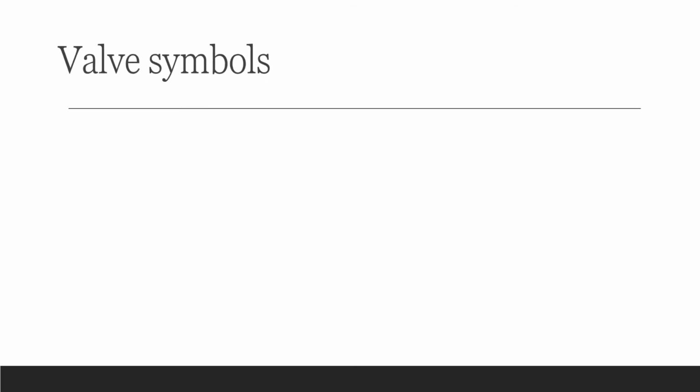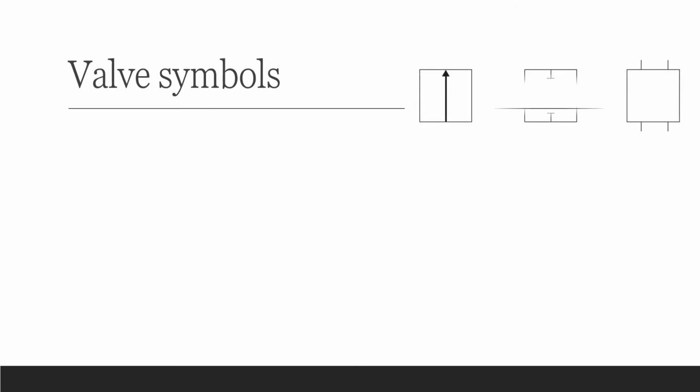The graphical representation of the valves is done with certain predefined symbols. These symbols are used to represent the switching positions of different valves. For example, if a valve has two switching positions, then the symbolic representation will have two squares. A square will be used to represent each of its switching positions.